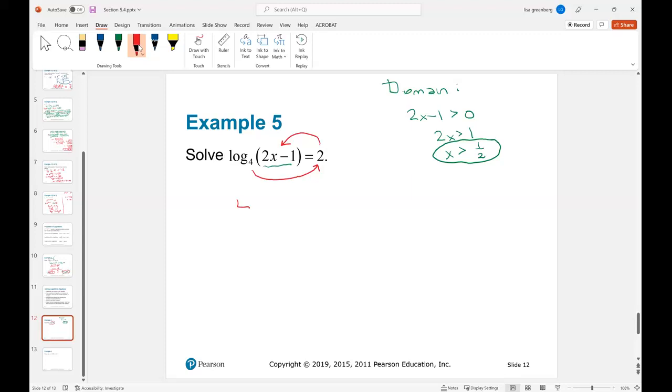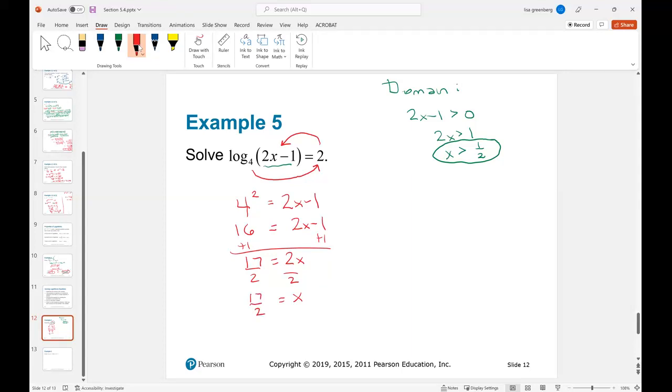So I'm going to rewrite that as 4 squared is equal to 2x minus 1. 16 is equal to 2x minus 1. I add 1 to both sides. I get 17 is equal to 2x. Divide both sides by 2. I get x equals